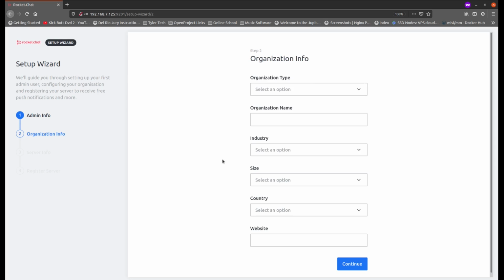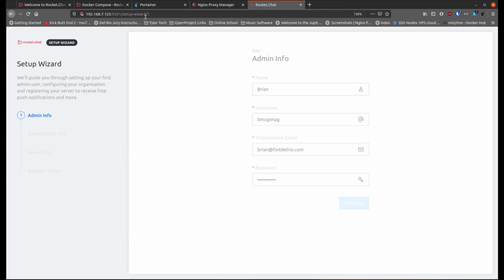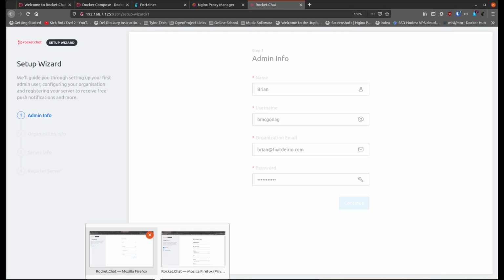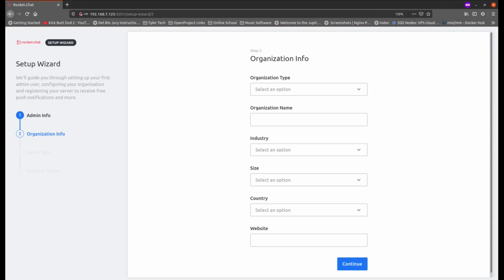So here we go. And it brings us to page 2 of the wizard. Now why it won't do that here, I don't know. But if you were to refresh, it would bring you to the login page. But if you tried to log in, it would just tell you that there's an error logging you in, and it's just weird, and I don't know why, but I had to dig around a little bit to find this solution, but I eventually did,